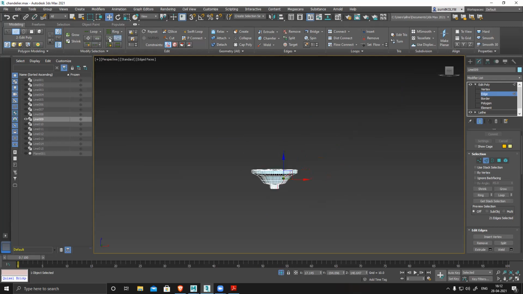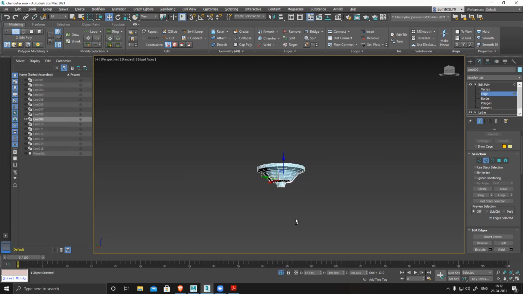Press P, go to perspective mode, and check it from all the angles. Rotate the camera, check it from all the directions. Then double check to make sure it's a perfect shape or whatever design you're creating. It looks fine from all these. That's why it's 3D. We can check it from all the angles, all the directions.